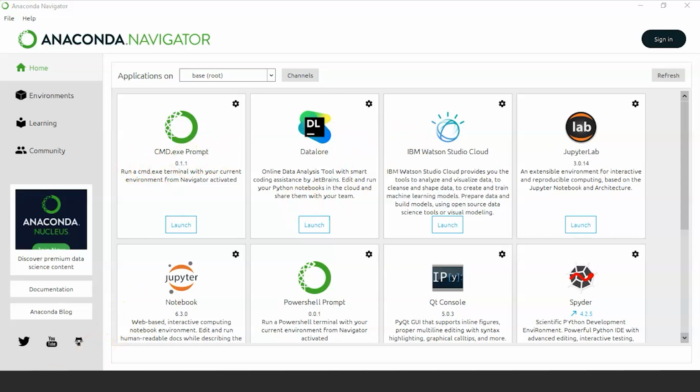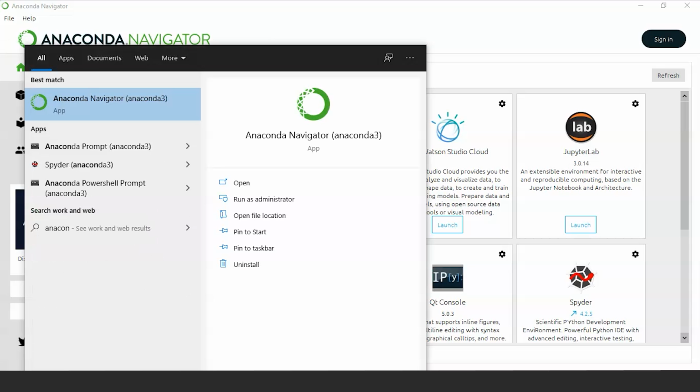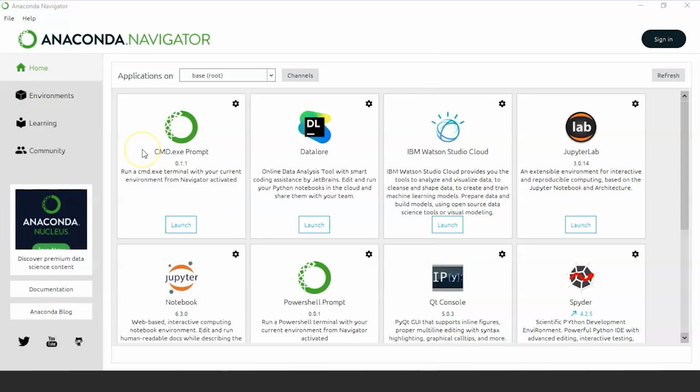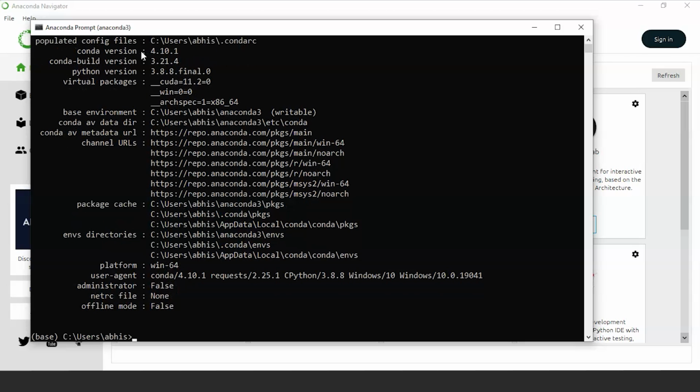So now we will open Anaconda prompt. Now we'll see which version of Conda is installed in the system. For that we'll write a command, conda space info, and press enter. Here we can see that the Conda version is 4.10.1.